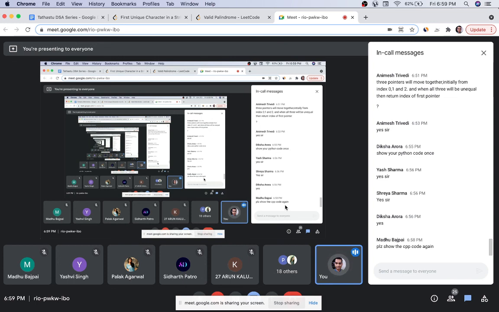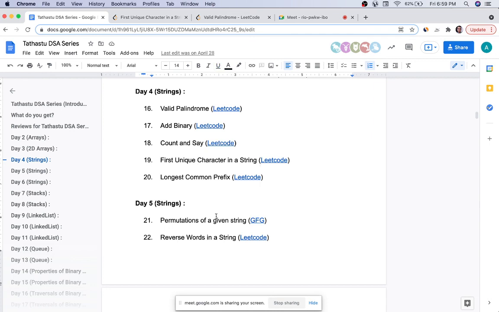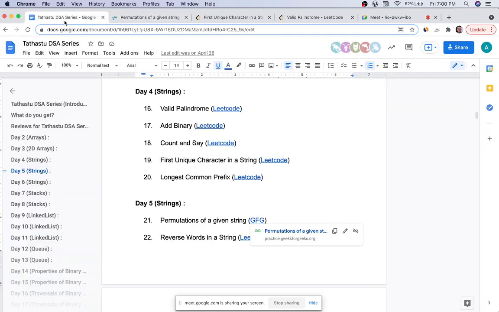Okay, so let me give you two more questions that you have to do on string. You can do as many questions as you want, but two are really nice questions. One is permutation of a given string. It is not there on LeetCode, but this is a very important question that you must definitely do. I couldn't find it on LeetCode. And second, you must do